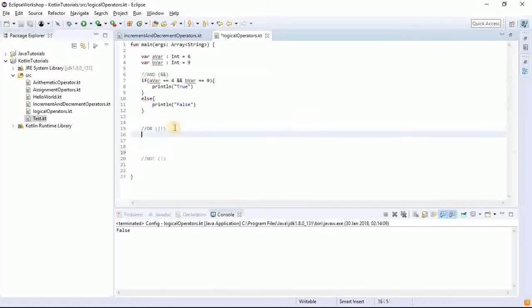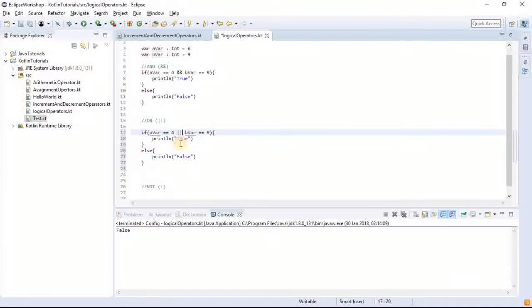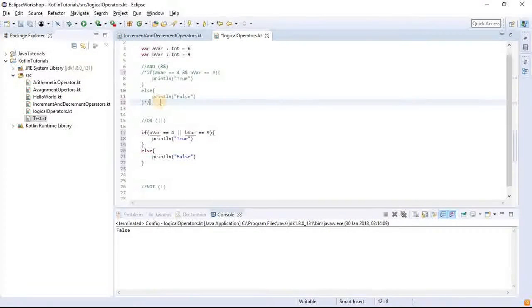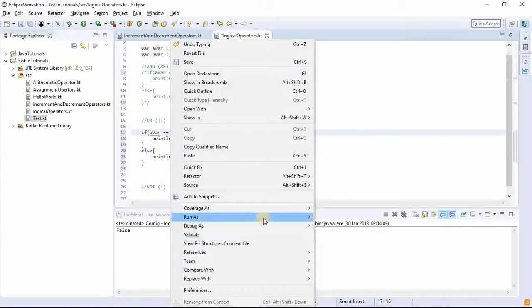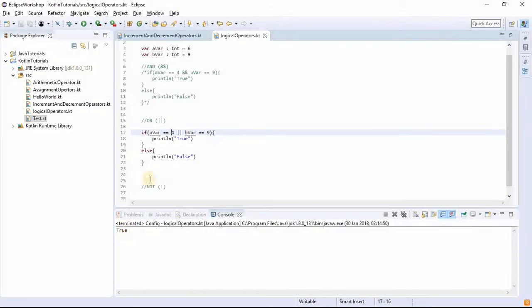So I will just duplicate this and put it for the OR so that we can get acquainted to it. Now note that in the OR, only one operand is required to be true before you can get a true from the OR operator. Note that here bvar is equals to 9, but avar is 6, but here it is saying check if it is 4. So if I run this, run as Kotlin application, it's true